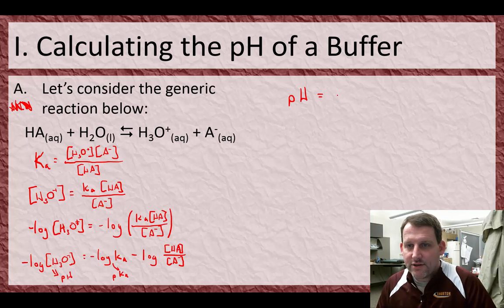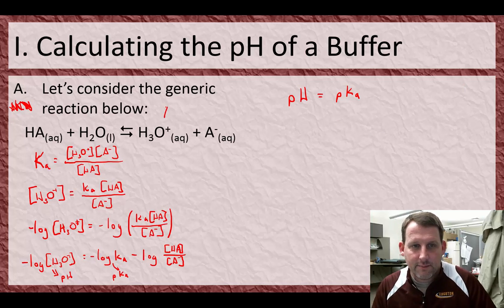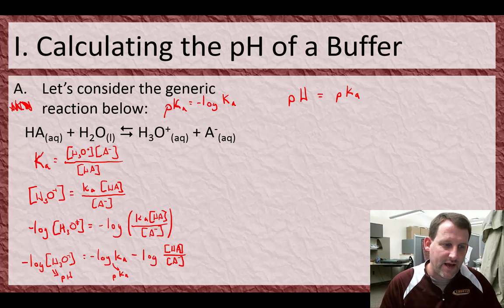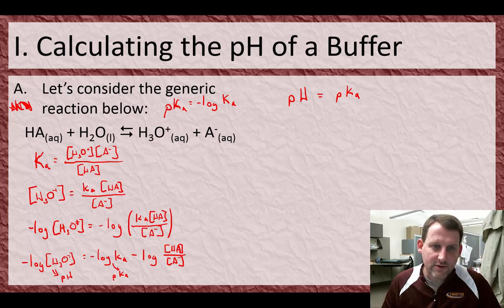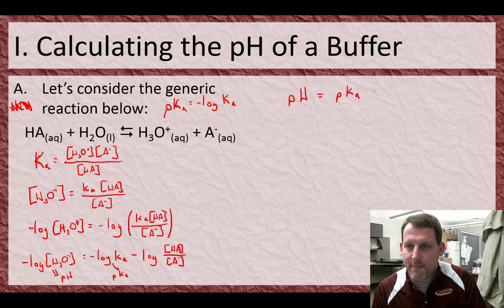So I can say pH is equal to pKa. And I have a new equation now. I can say that pKa is equal to the negative log of Ka. So just like the pH was negative log of H3O plus or H plus, the pKa is a negative log of Ka. All right? And then this is minus the log of the